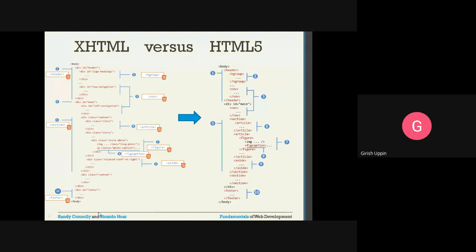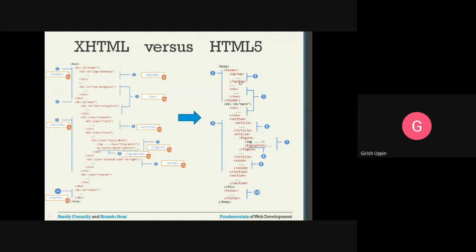Then at the end, you have a footer. Div ID is equal to footer. That can be replaced using a footer HTML5 tag. So this is the example of how you have to write if you had to use XHTML. This is much simplified. If you look at the right hand side, we have additional HTML semantic elements, which will give very cleaner information. Now you are looking at the header, this is the header information. Then this is the header group you have.